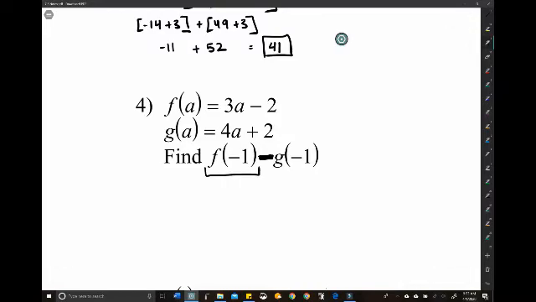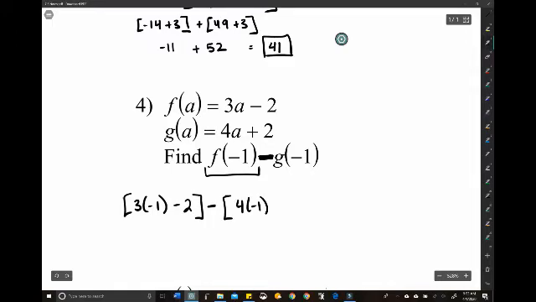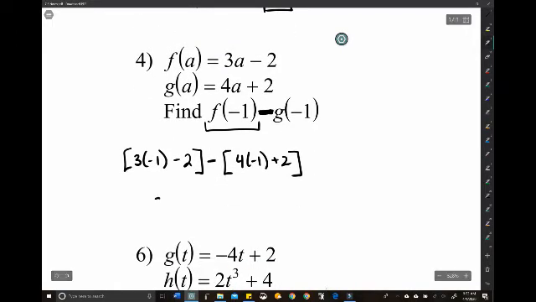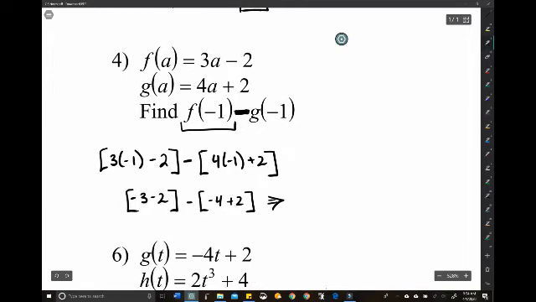So Fred at -1 is 3 times -1 minus 2. Okay, subtraction, we changed it to that minus g, 4 times negative 1 plus 2. Okay, it really doesn't throw too much off, but I just want to show you an example. Negative 3 minus 2 minus, so 4 times negative 1 is negative 4 plus 2, which is negative 5,